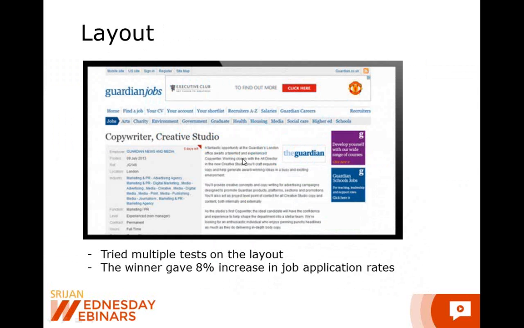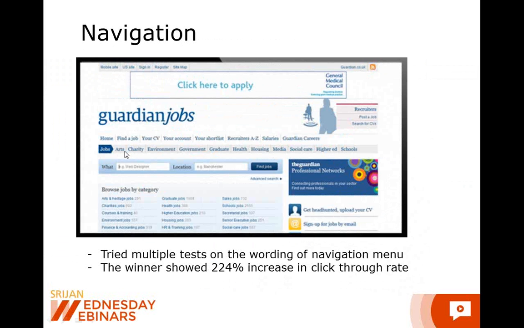This is another example where multiple tests were run, but I've just taken the final screen here. In this layout, this particular company is where you can post your CVs and stuff. This company got 8% more job application rate by testing multiple layouts. So this was another example of how changes in layouts can increase your application rate and sign-up rates. Then on navigation, this firm again tried different keywords on the navigation bar,